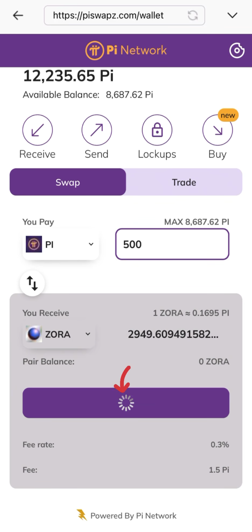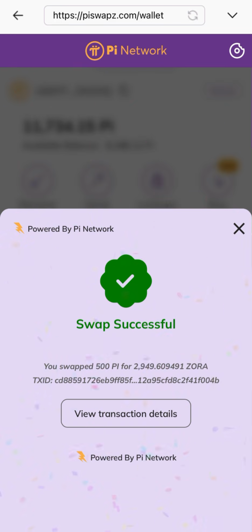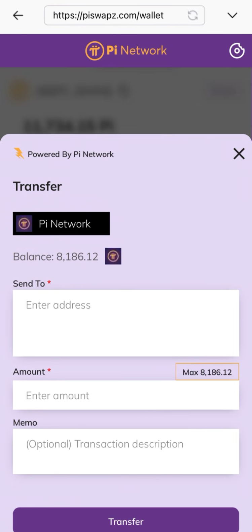Click on the swap tokens, allow this to process for a few seconds. As you can see, we've successfully swapped our Pi token to Zora. Now the next step will be to transfer our Zora token to our Trust wallet. To do this, you click on the send, and once you get there,